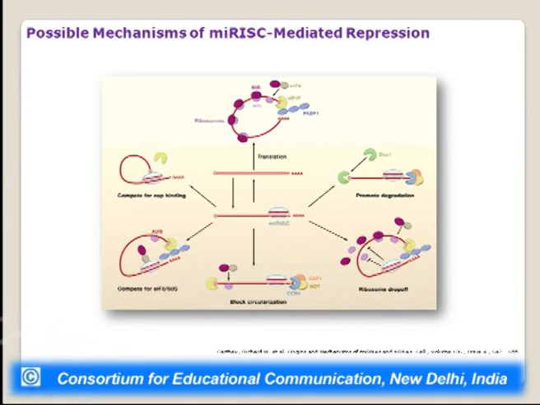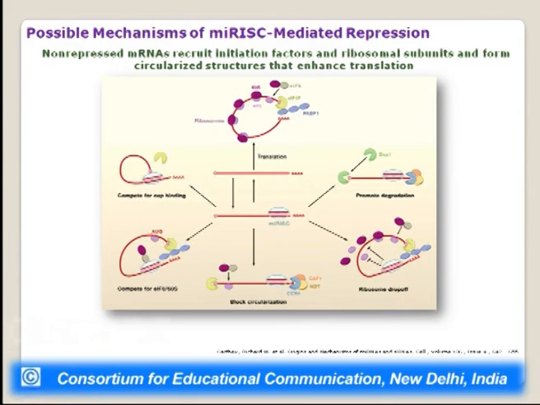Now, the repression, or the down regulation of gene expression exhibited by microRNAs, is at the level of translation. It is exhibited at the level of translation, as shown in this particular diagram. So, in normal condition, which is shown at the topmost portion, the non-repressed mRNAs recruit initiation factors and ribosomal subunits and form circularized structures that enhance translation. So, normally this particular mRNA transcript will be translated into